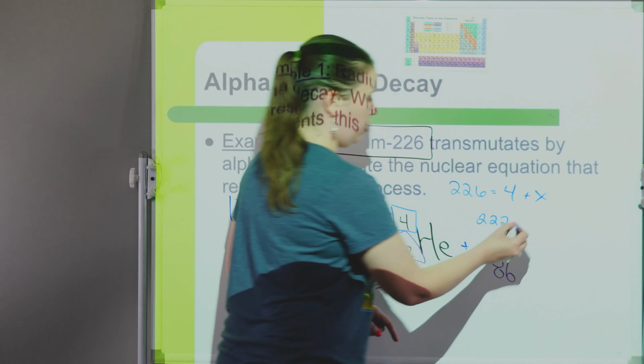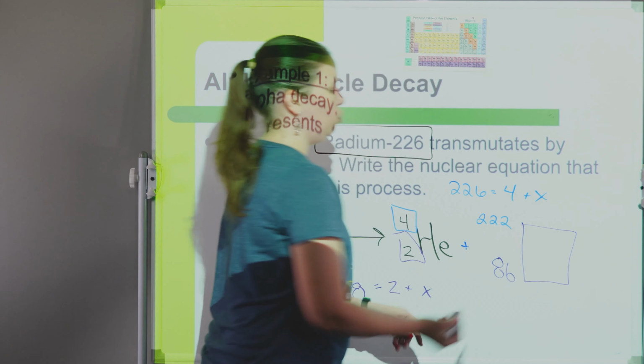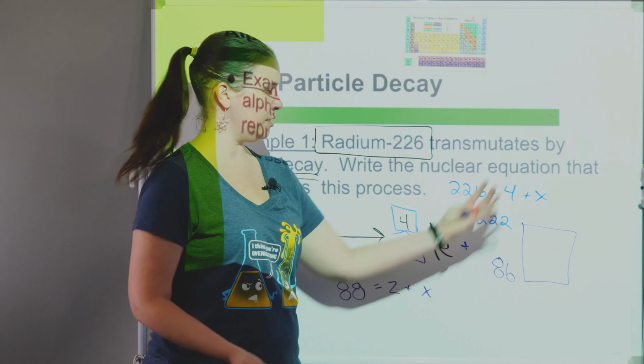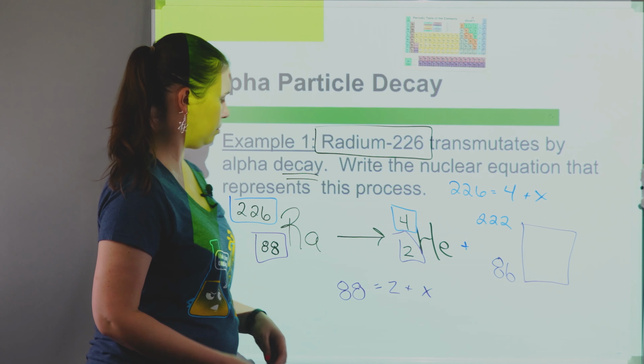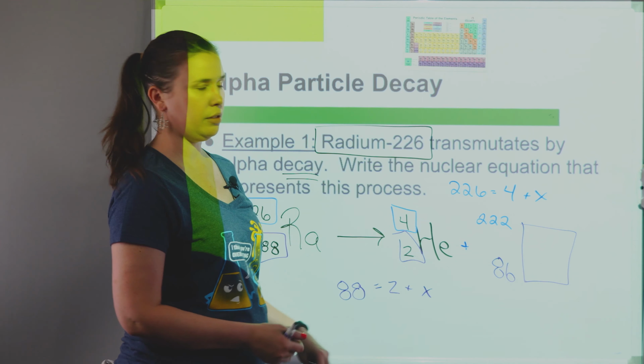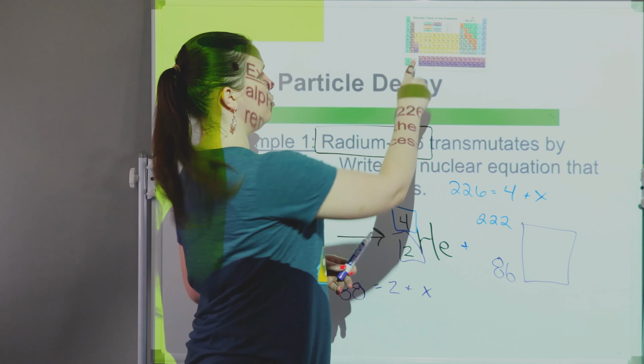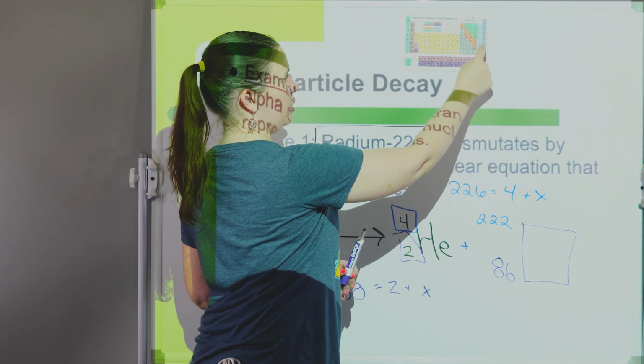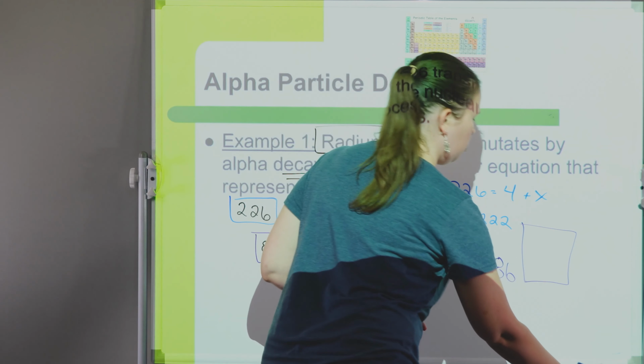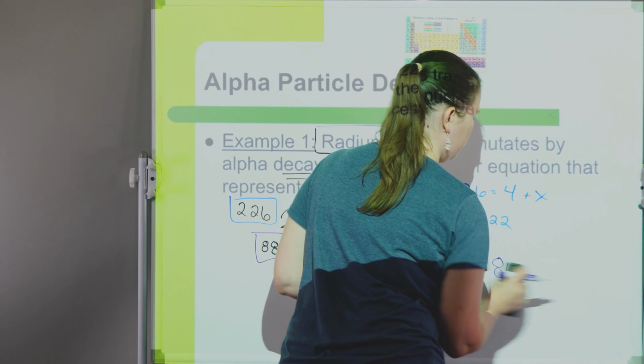So now I need to figure out, what is the element that I've changed into? It produced this helium particle, and I lost 2 protons along the way. So instead of being element 88, now it's element 86, which is radon, abbreviated